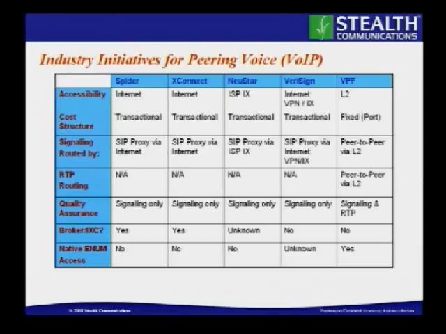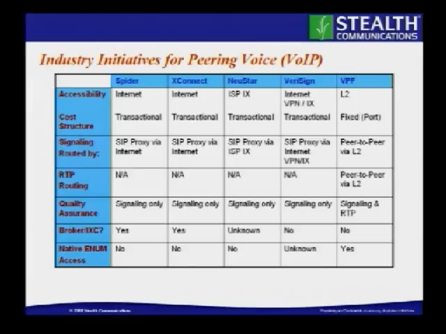So what these organizations aim to do is help you route calls IP to IP. In order to do that, they have different types of applications. Some of them have native ENUM databases where you can just query it and get the IP address where they route the call to directly in a peer-to-peer fashion. Some of them don't offer native ENUM access. Instead, they offer a SIP application where you send a SIP invite to them, and then they'll proxy your call or send a 302 redirect message back to you,